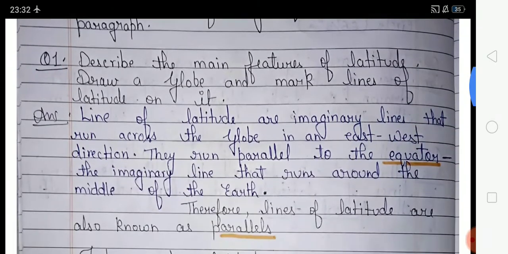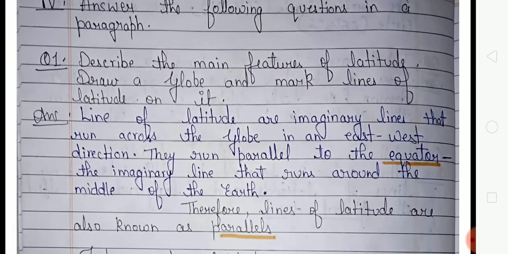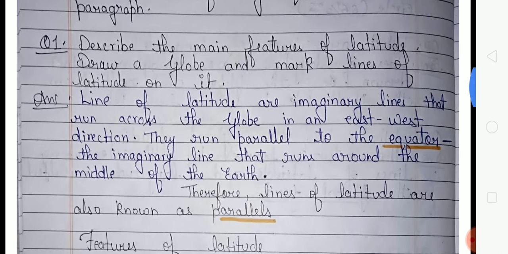So look at the answer. It means in this question you have to write about the lines of latitude and their features, and after that you have to draw a globe and mark the lines of latitude on it. So look at the answer. Your answer is: